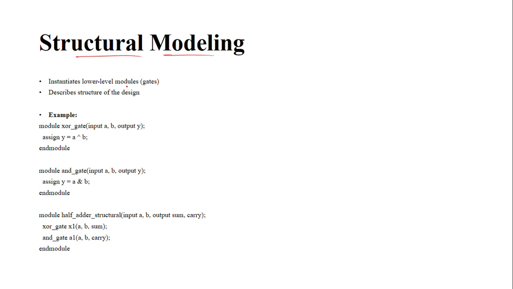So instantiation of low level modules. If you want to design a full adder, we can use gates, the XOR gates and like that. So you can use gates and then design it, but it takes so many gates and so much logic, and complexity may increase. So by using two half adders,